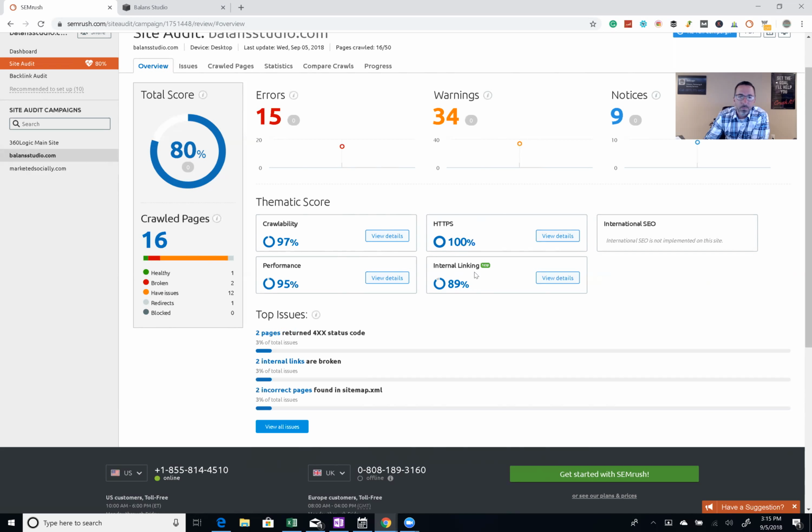So on this screen, it says total score 80%. It crawled 16 pages, so this website has 16 pages. And a lot of people really don't know how many pages they have. You'll see a home and about us, a portfolio, a contact us page, and maybe one or two more, depending on the website, but you don't see all the other pages. And sometimes this can actually bring down your score on search engines,